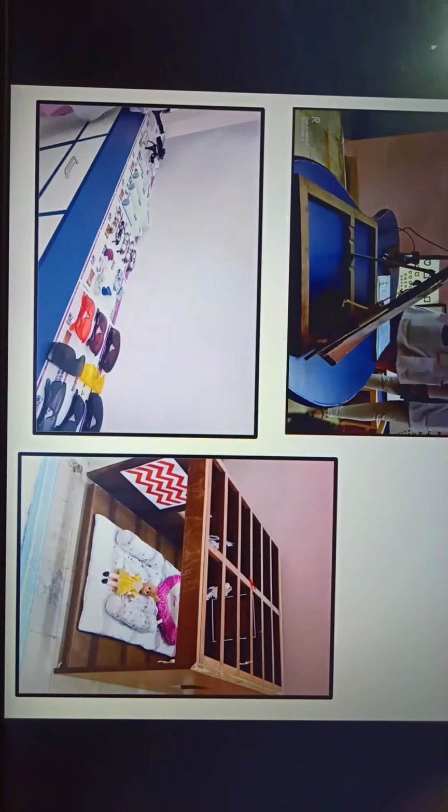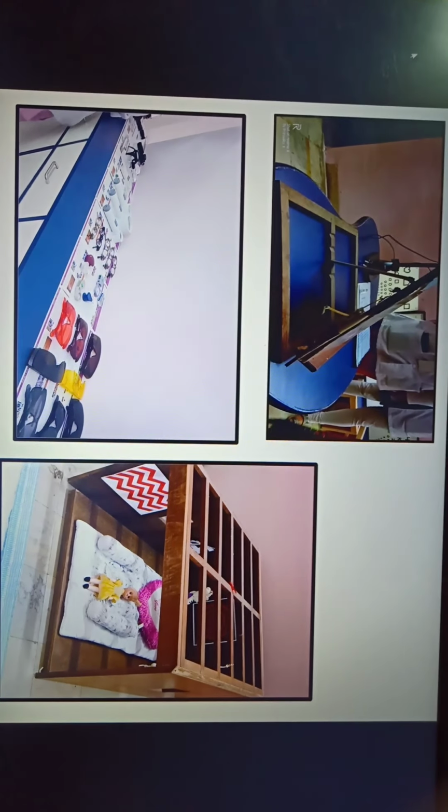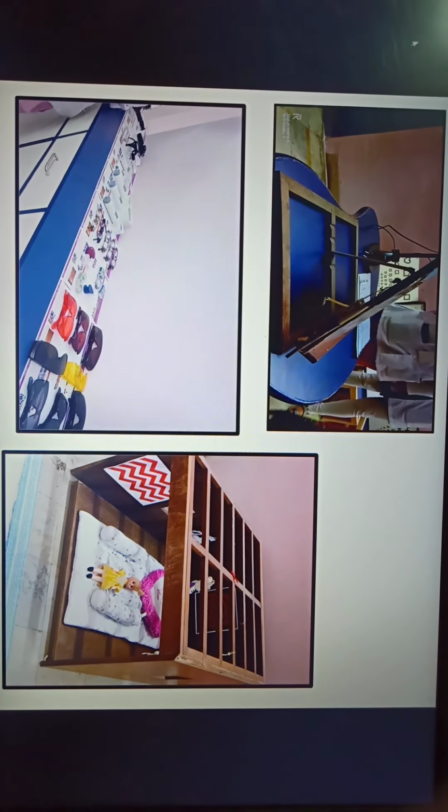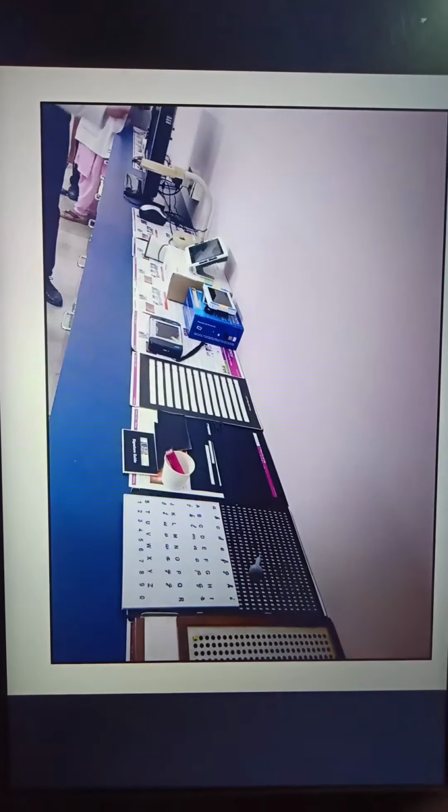These low vision aids were displayed during one low vision workshop. Hope you know all these, or the names of all these low vision aids. If you find anything which is new or which you haven't seen, or you want more information about, we can definitely discuss it on WhatsApp.